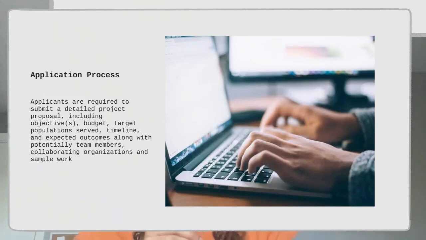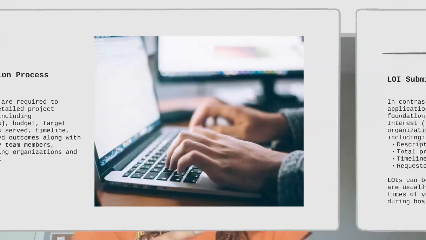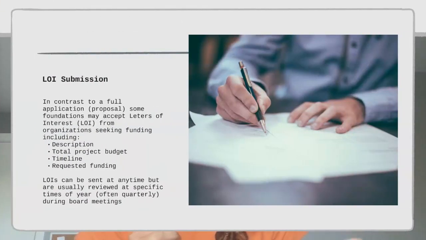Now, private foundations usually distribute grants through two pipelines. The first is an application process, which is usually on an online portal. The applicant will include a lot of different details, ranging from their actual project proposal and a project narrative talking about what the project is going to accomplish, the objectives and goals. Sometimes it'll also include a budget, always the target populations that are going to be served, a timeline, and expected outcomes.